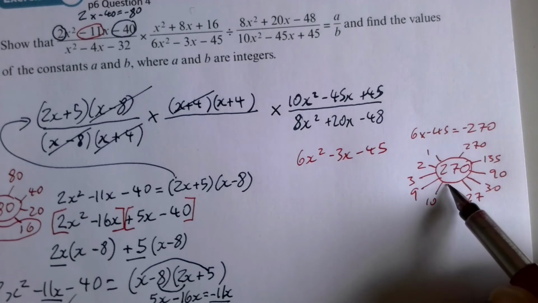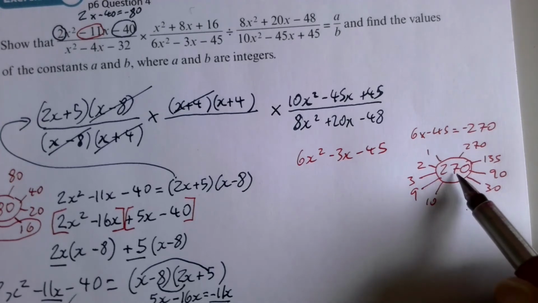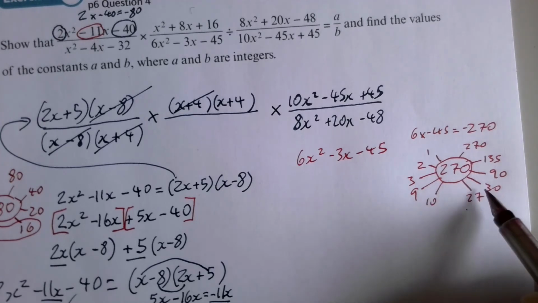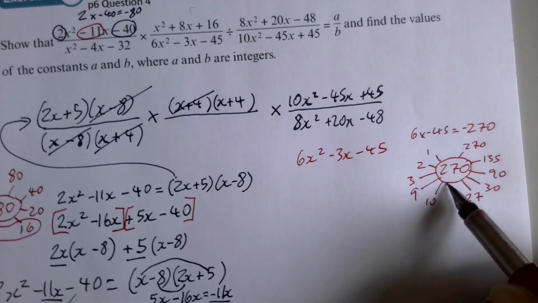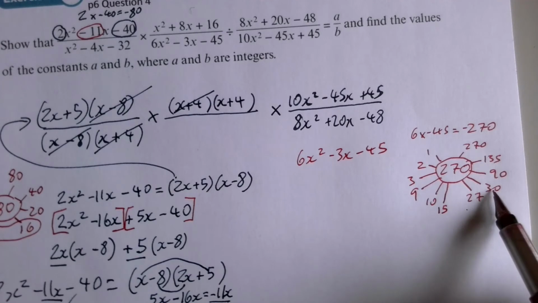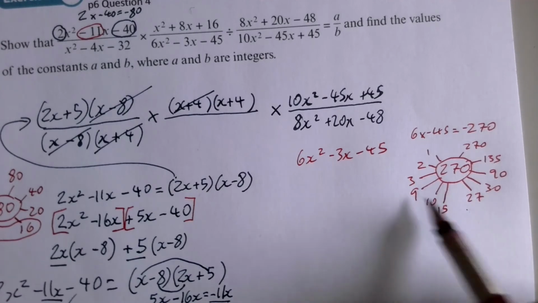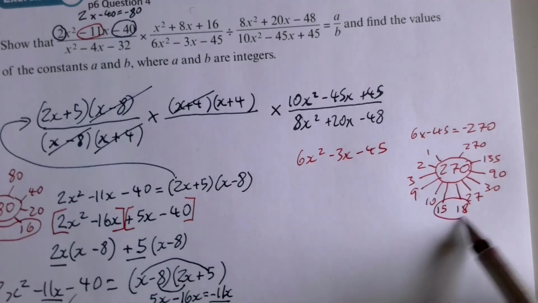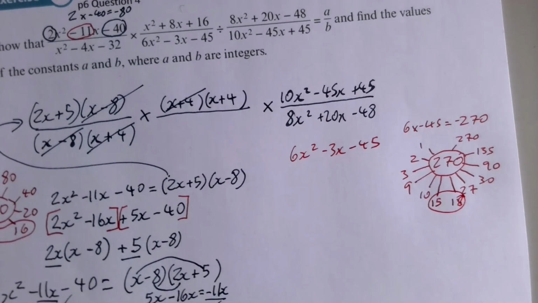Does 15 go in? It should do, shouldn't it? Because 270, if 30 goes in, 15 will go in. How many 15s in 270? Well, it's going to be twice the number of 30. So it's 15 times 18. And I've found